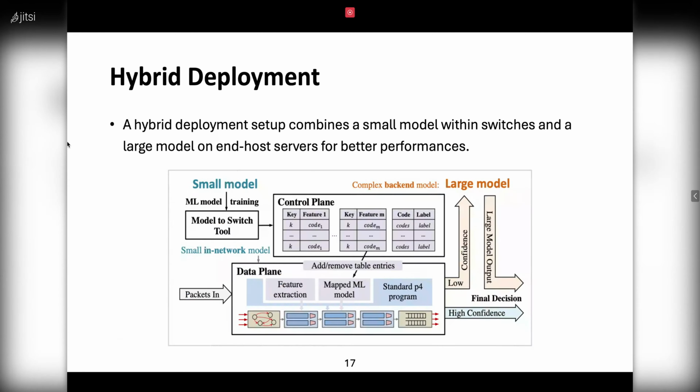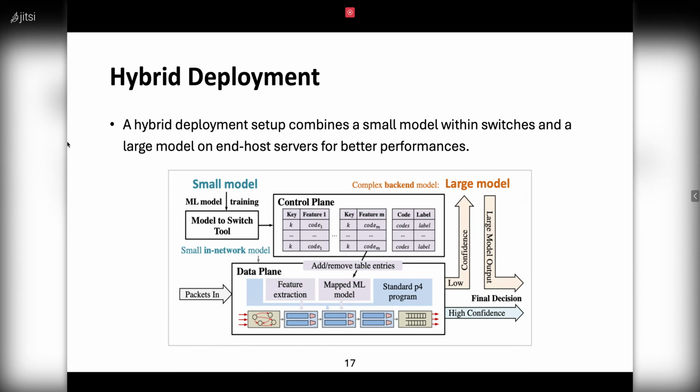So basically, for hybrid deployment, we use what we call a confidence threshold, or confidence level. For machine learning, for one decision, if we do it on the server, for example with a tree ensemble model such as random forest or XGBoost, it will provide a confidence score for each decision. If the confidence score is high, we can offload it into the switch.